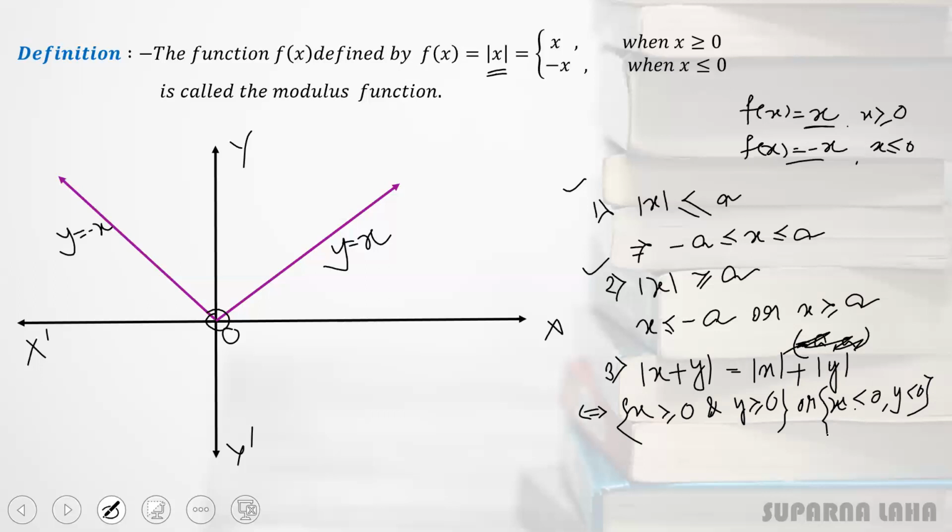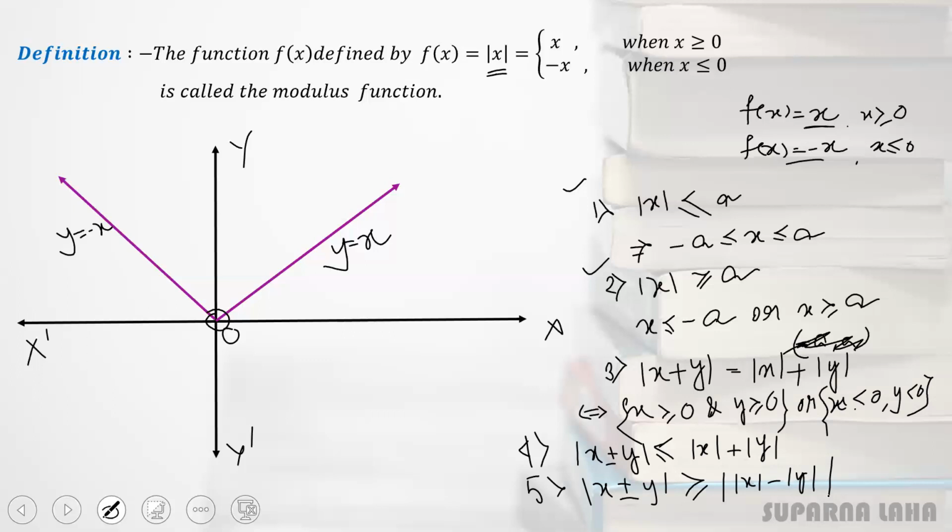Okay, in general we define this addition, that is mod of x plus or minus y. We generally define this value as less than or equal to mod x plus mod y. And another definition is mod of x plus or minus y. For plus also, for minus also, we can define this one as greater than or equal to mod of mod x minus mod y.